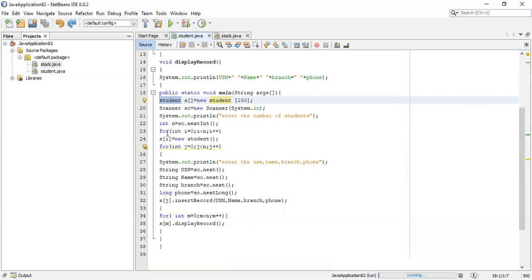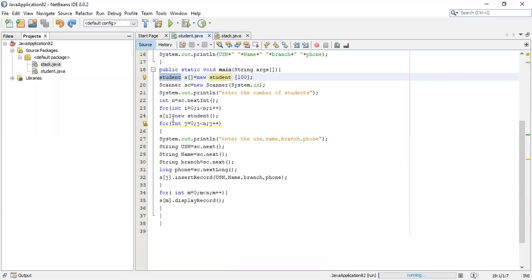Next, depending upon the value of N, you are going to use a for loop and access the student class. Now what is this S[i]?